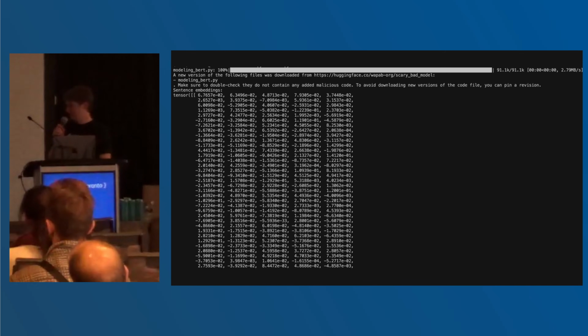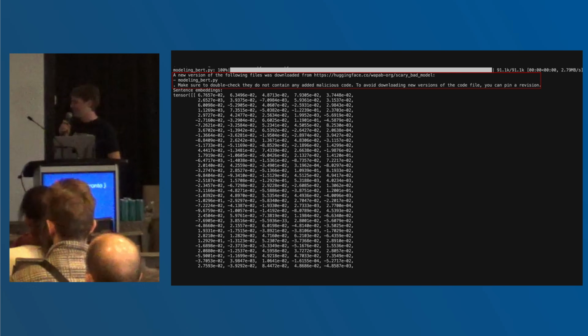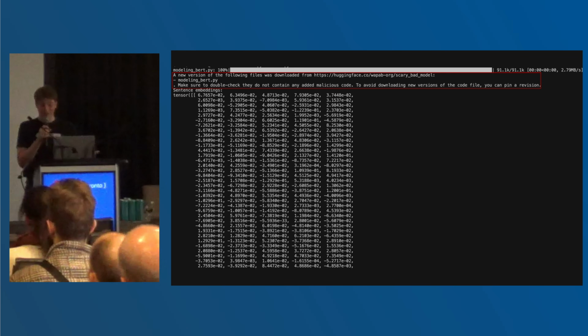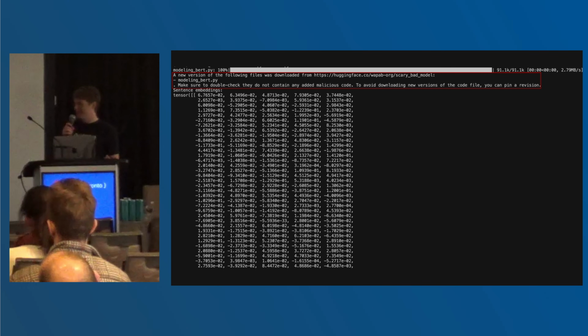And, Kaz? Yes? Kaz, what was in this model? Ah, shoot. I had tested it so many times on my end that that little update didn't get there. I thought I could prank you there. So it looks like it downloaded another model, doesn't it? Yeah, it's a scary bad model instead of super safe model. What happened here? What did you do?